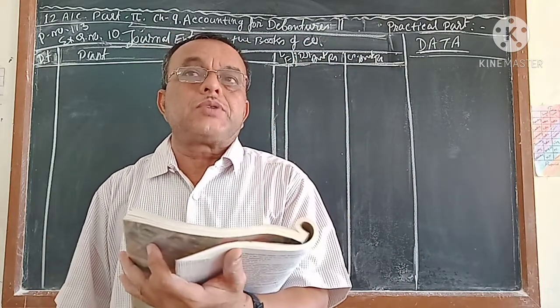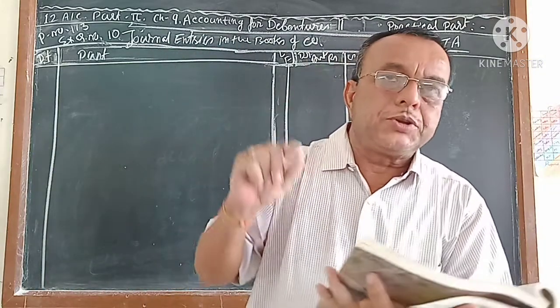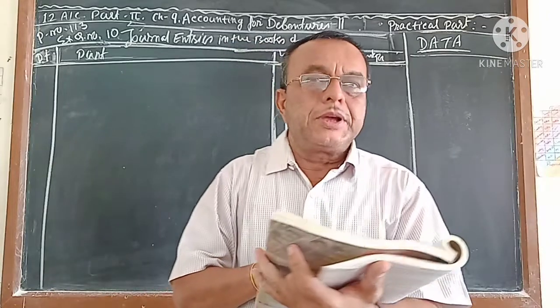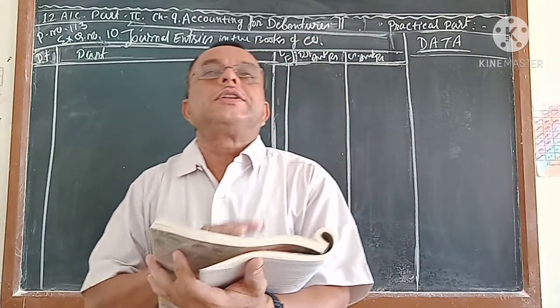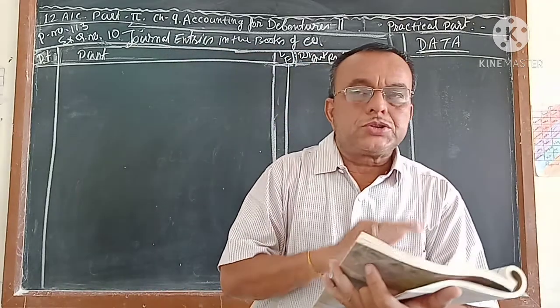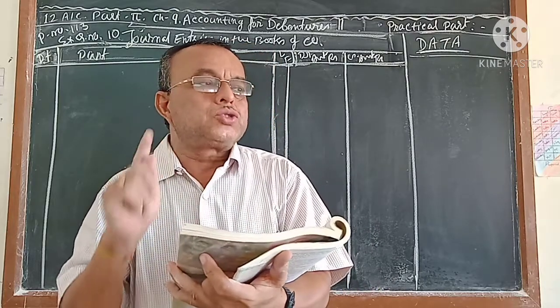That is the thing which you have to understand. Discount amount is 10% of 100 rupees, which is 10 rupees. It is with which installment? Application, allotment or final call, it is not mentioned. So once again I want to tell you, if it is not mentioned with which installment, then it will always be with the allotment.